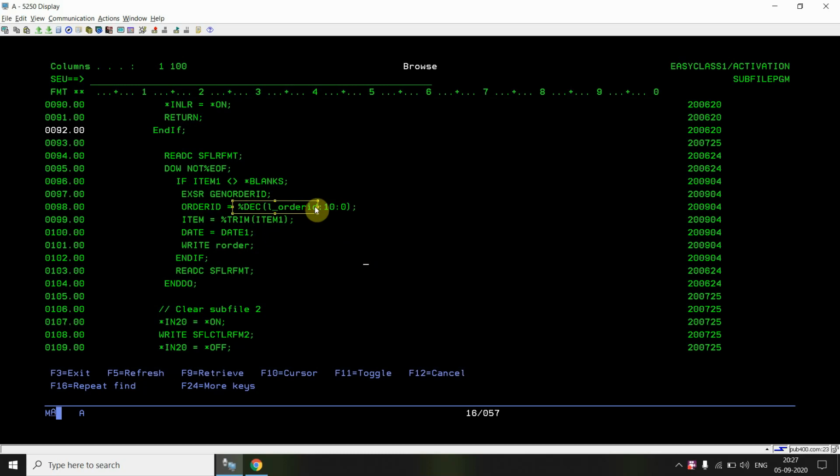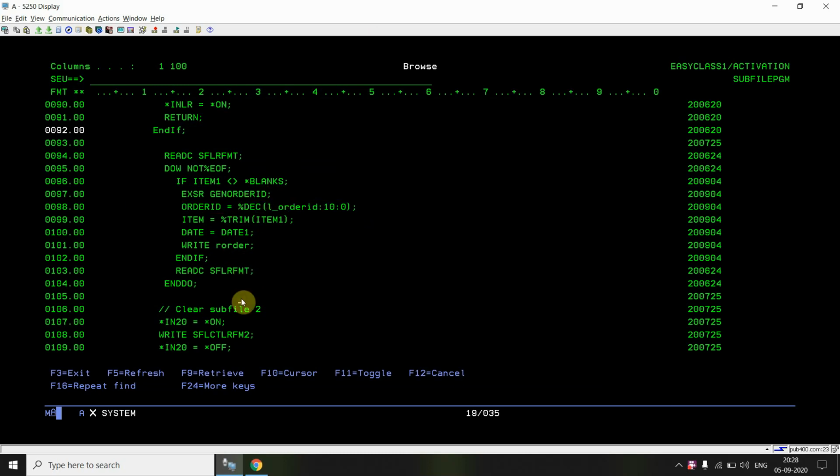Then order ID will be evaluated with this auto-generated value. Item is with %TRIM of ITEM1, date is with DATE1, and writing the order PF in the loop. So in case the user added multiple records, all the records will get added to the order PF, and the particular auto-generated order ID will get added to the order PF.